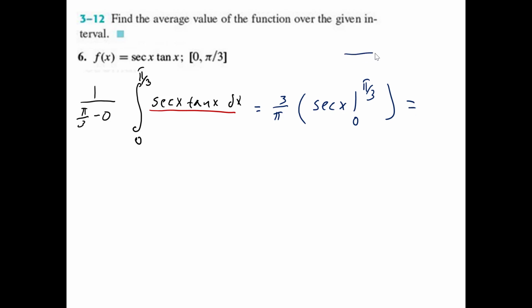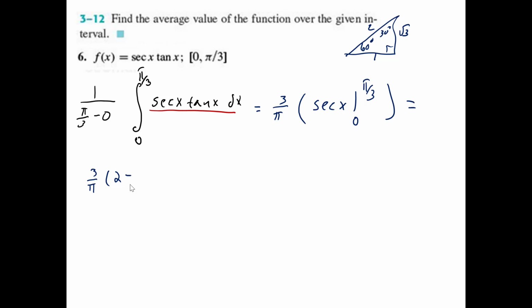Pi over 3 is 60 degrees, 30, 60, 90 triangle. This is 60 degrees, this is 30 degrees, this is 1, this is 2, this is the square root of 3. The secant is the reciprocal of the cosine. The cosine of 60 degrees is 1 over 2. So the secant of 60 degrees is 2. So you get 3 over pi times 2 minus, and when you put in 0, the